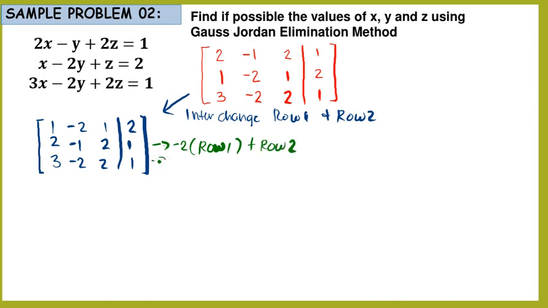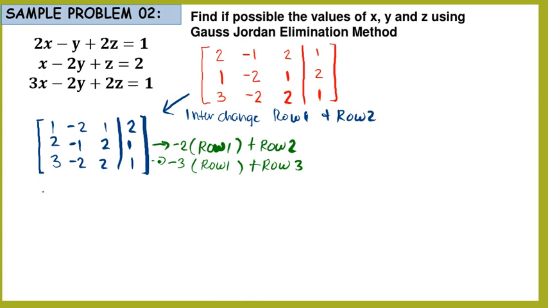And for our row 3, we need to multiply negative 3 doon sa ating row 1 and add our element doon sa row 3. So, if we evaluate this, our equation, our resulting matrix will now be equal to,